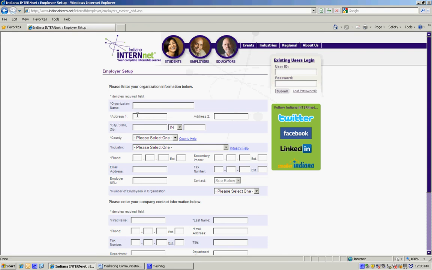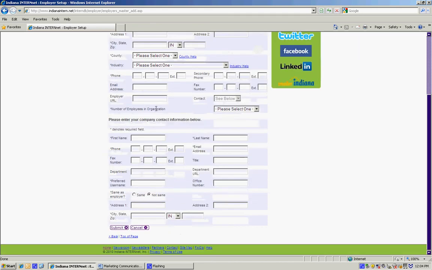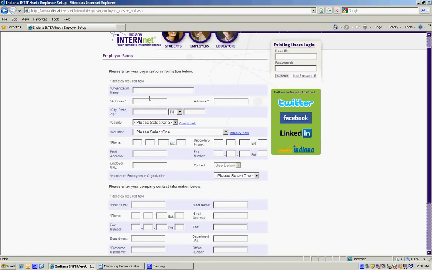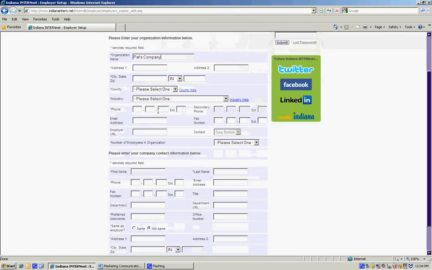This next page is the registration page. It is broken up into two sections. The first section is information about your organization. The second section is information about your company contact. In the first section, go ahead and fill out your organization name and contact information. I'm not going to go ahead and fill this out since this is a made-up company, but